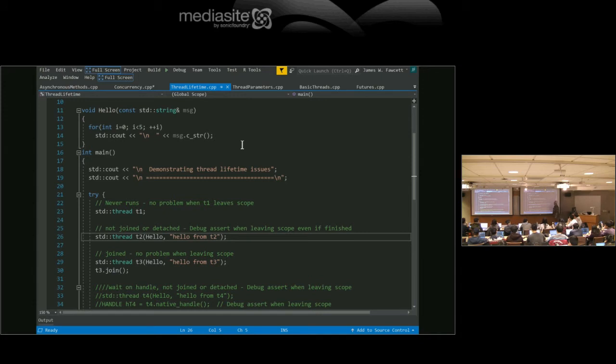Now, the only way for me to make this thread runnable is to create another thread and assign it to it. And that assignment is a move assignment. You can't copy assign or copy construct threads, but you can move assign them and move construct them. So what I would be doing in that case is saying standard thread T1 equals some already running thread. But anyway, now this I'm not going to join or detach, so that would throw that nasty assertion. Here I join it, no problem,